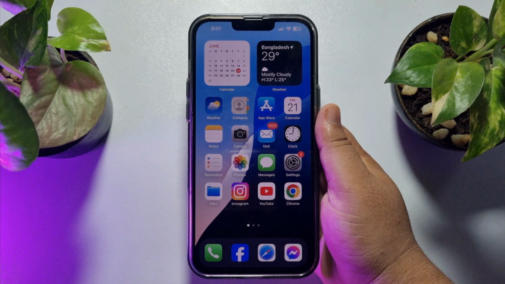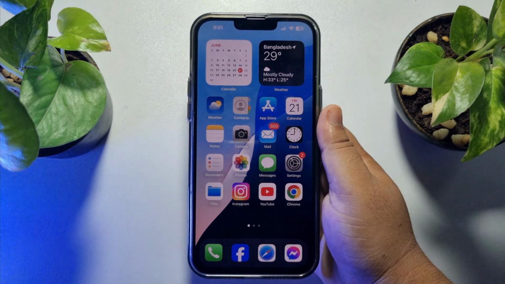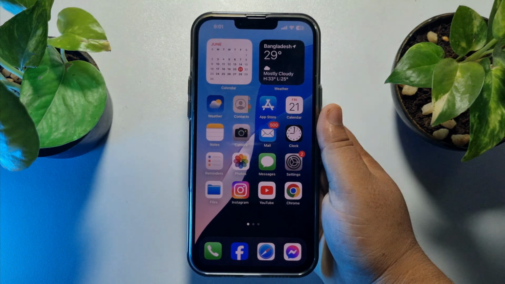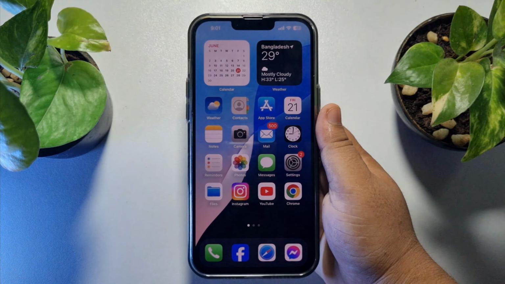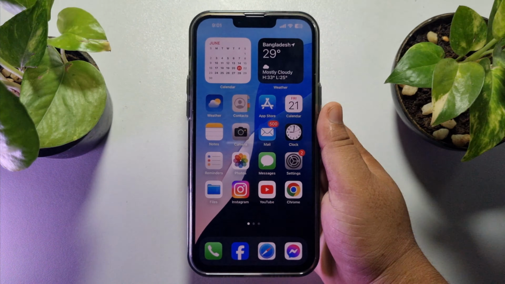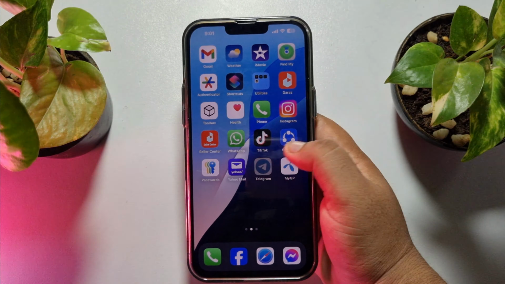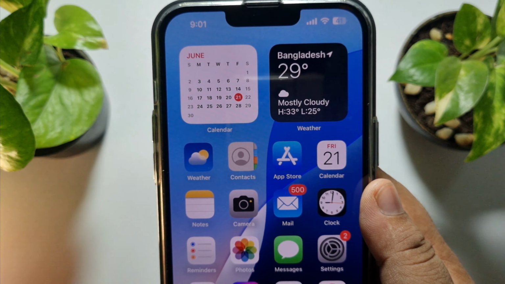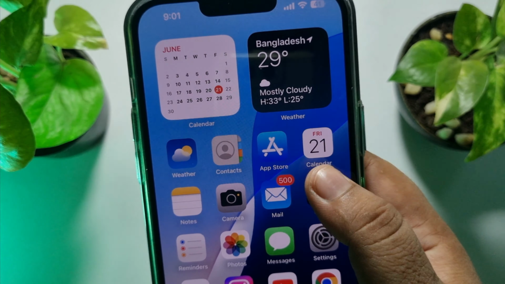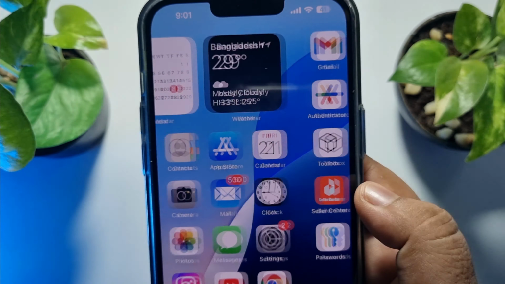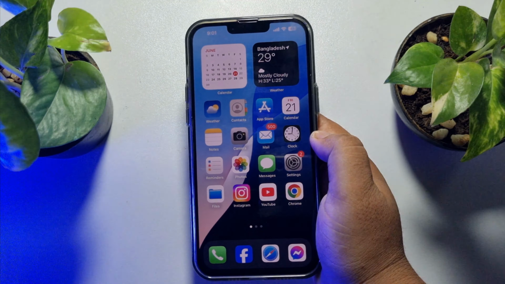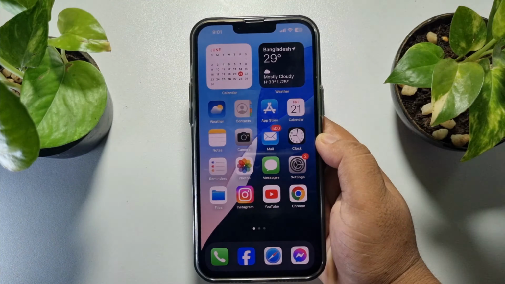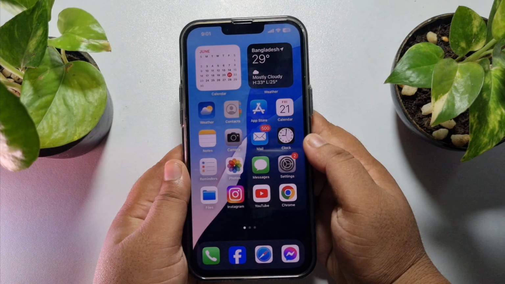Hi, this 5-minute solution is going to show you how to remove app names on the iPhone home screen in iOS 18. In iOS 18, you can easily remove your app's name. To do that, first of all, make sure to update your iOS to iOS 18, and then go to your